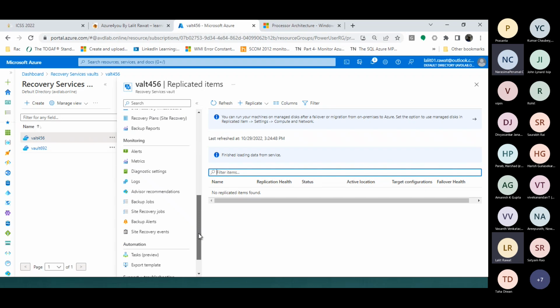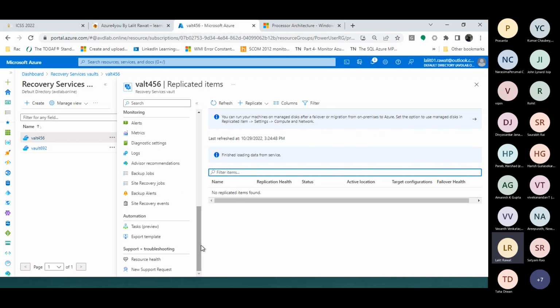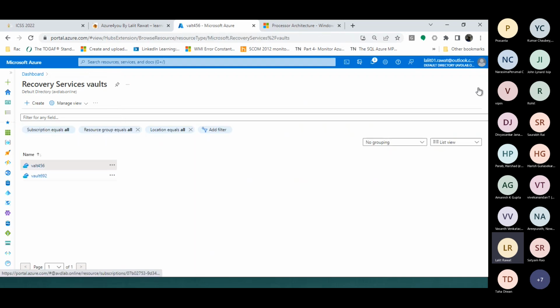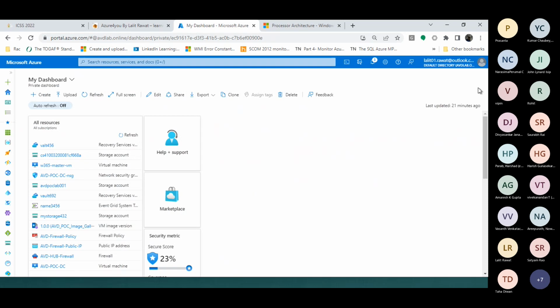We have 5 more minutes. Yeah, that's okay. That site recovery, backup alerts, and all of those things you can do. I have a lot to cover, but as there is a time limit, I would see